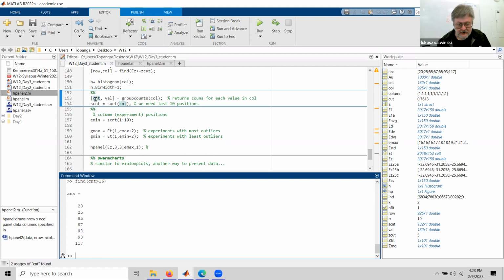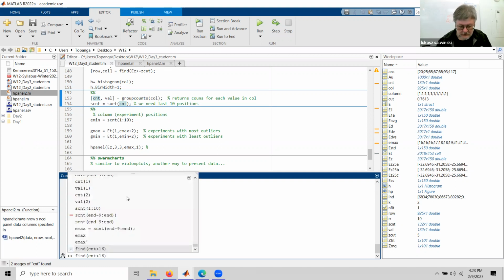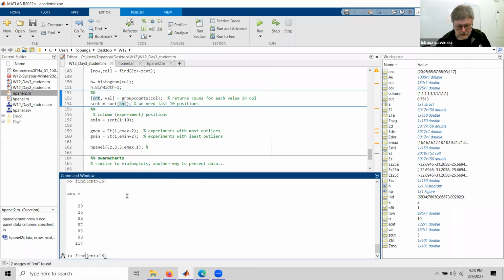We want to get the values in here to get the position of the row. Now we can either use find, or we can just use find into val. Okay, so here we are getting now,